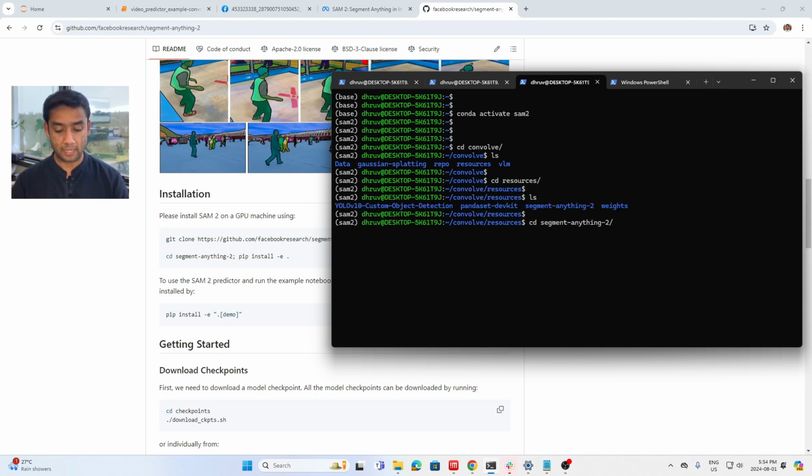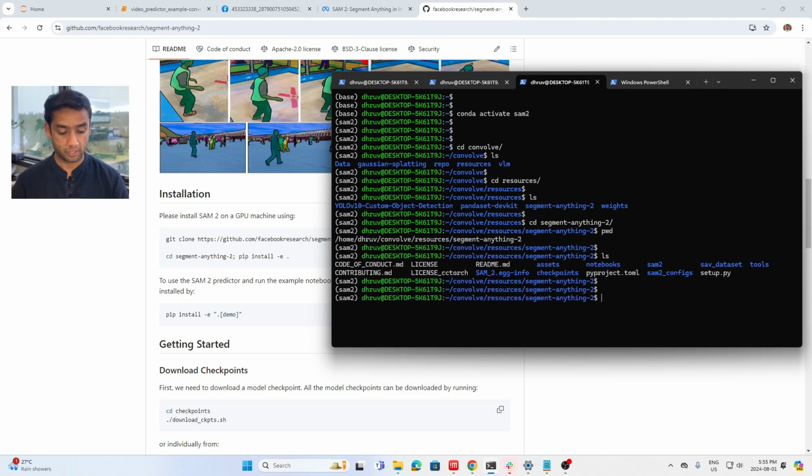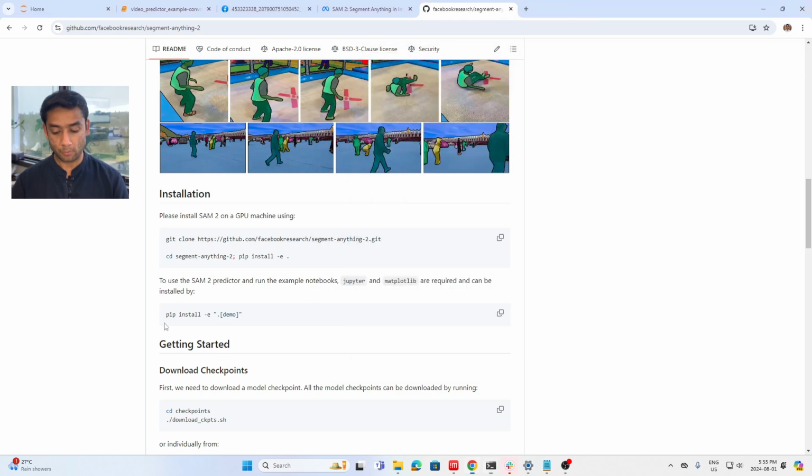So segment anything, I have put the repository here. Here is where I've cloned the repository, and in here we have the setup files. In this folder you can do pip install -e dot and that will basically install the SAM2 package for you. It will install every dependency that is required. On top of that, if we go to the instructions in the repository,